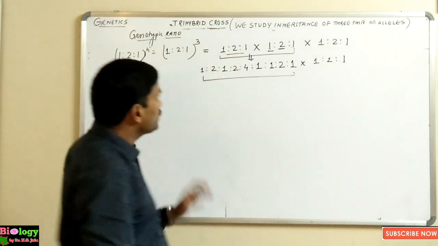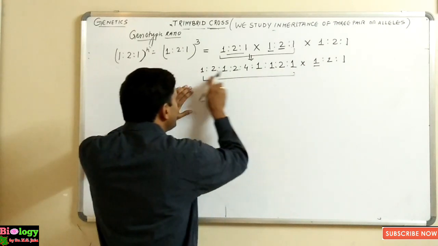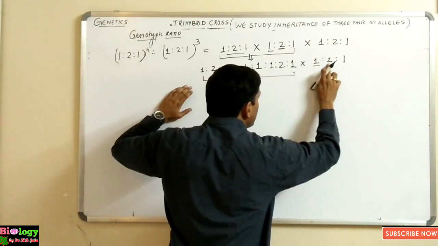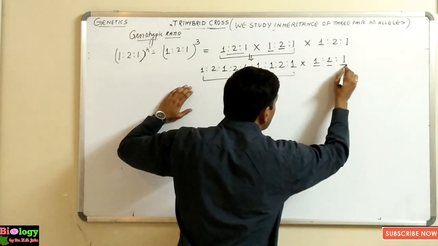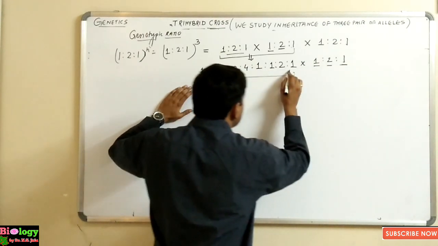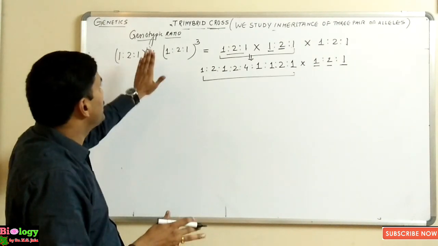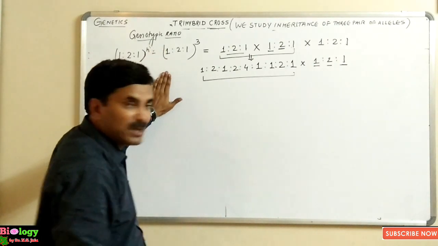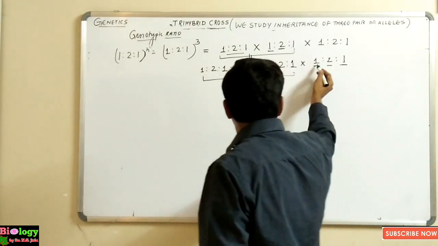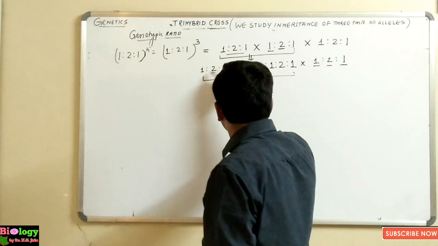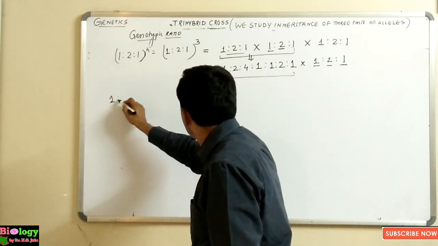1:2:1. Now you have to multiply this digit with all these digits, and then multiply the next digit with all these digits, and so on. What you get will be the trihybrid genotypic ratio. So have a look here and concentrate. If you multiply 1 by all these values, you get the same values. So I am writing here 1:2